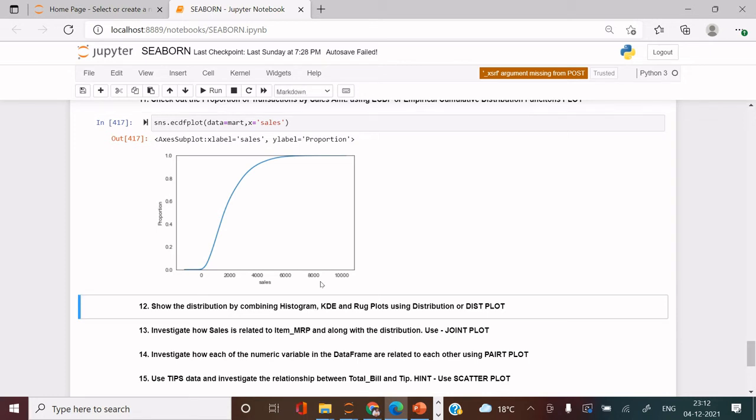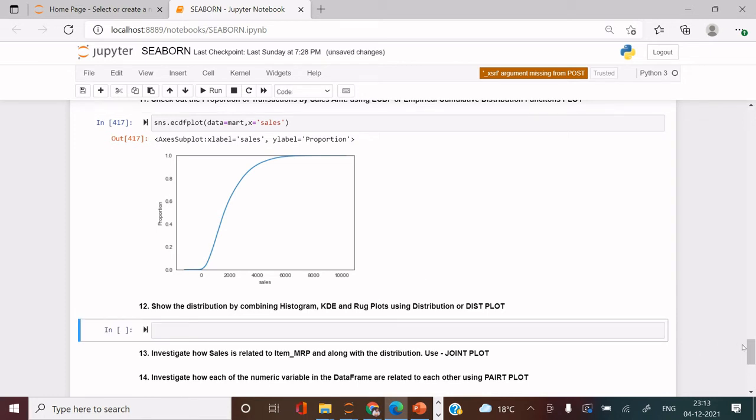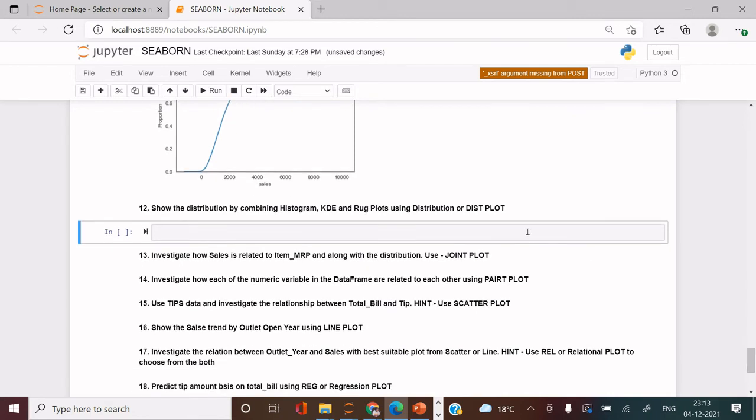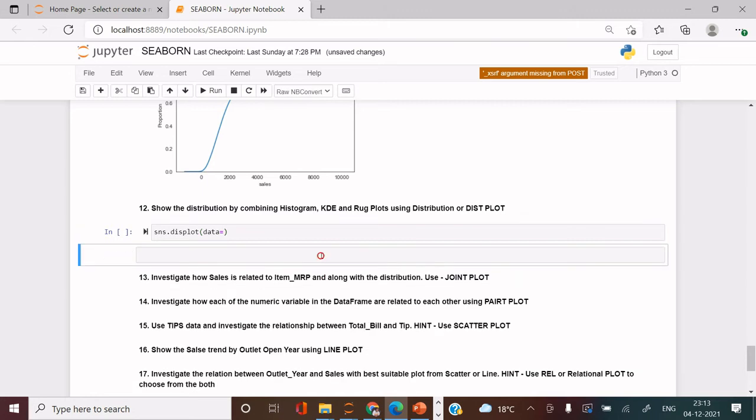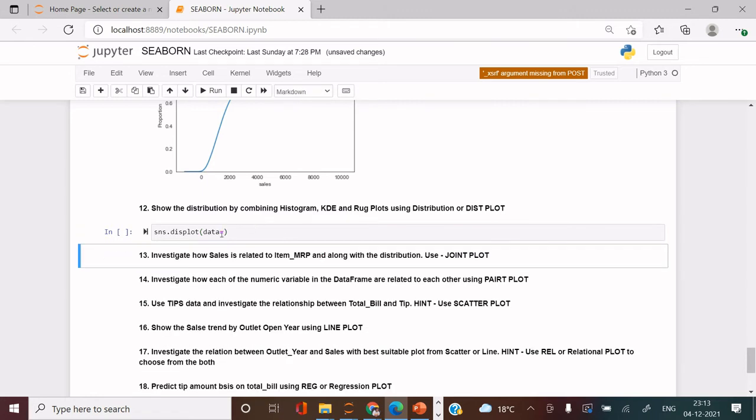It makes the analysis really simple. Now here comes the distribution plot. Let me show you the benefit of using this. For example, take this mart data frame. Let me show you first. Oops, sorry, please bear with me. Here I will just use mart, and on the x-axis I'm going to use sales. Let's see what happens.